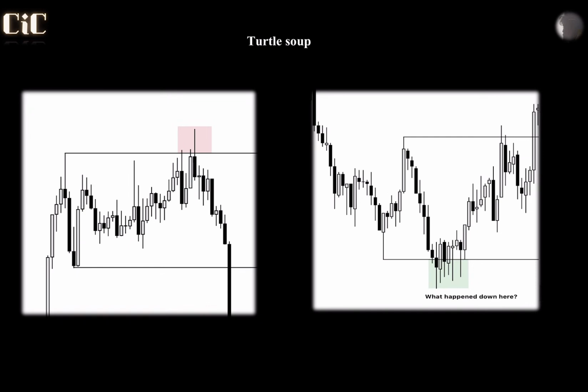So this is the advantage we have, which will never change unless the markets are taken away from us, unless we can't trade anymore. That's when it's gone, which is not going to happen anytime soon. All right, and vice versa. Bullish turtle soup, they engineer a low. So this low,